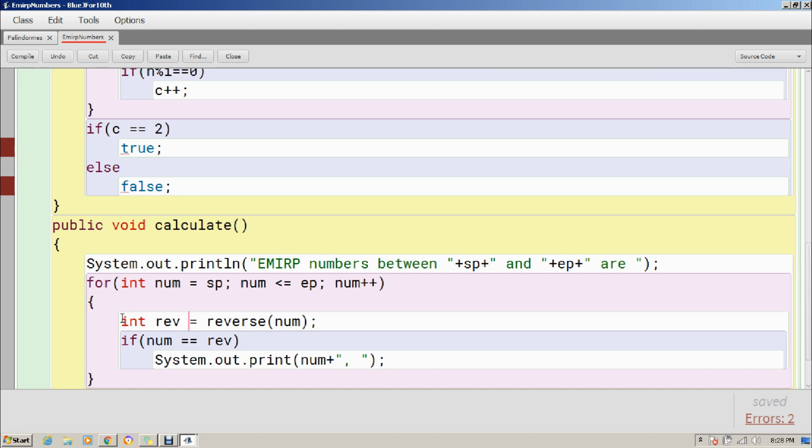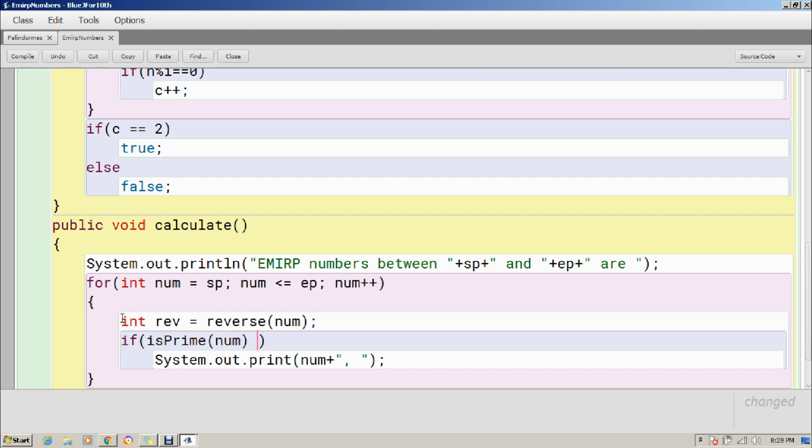Now, it will run. We will reverse the number. Now we will check here if number and reverse both are prime. You see I have called the isPrime function, and first time I will pass num. If num is prime, this method will return true.